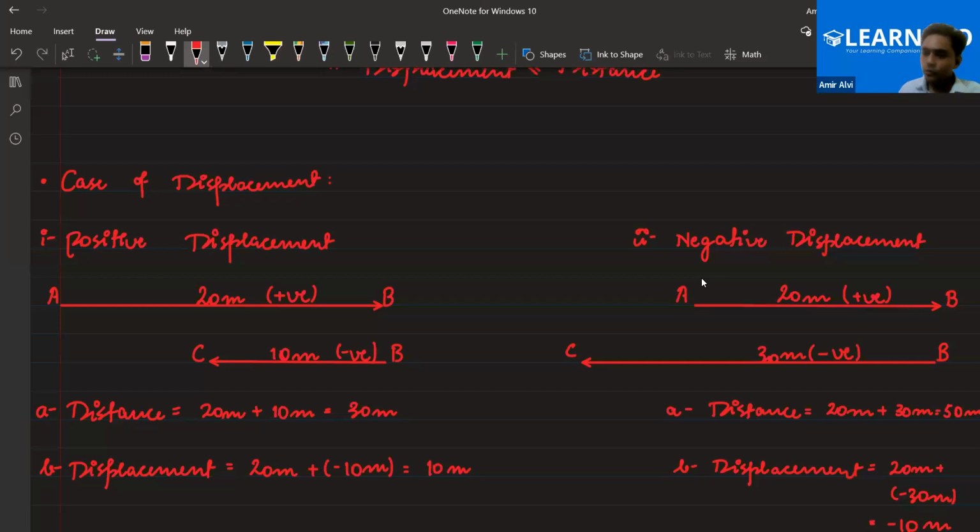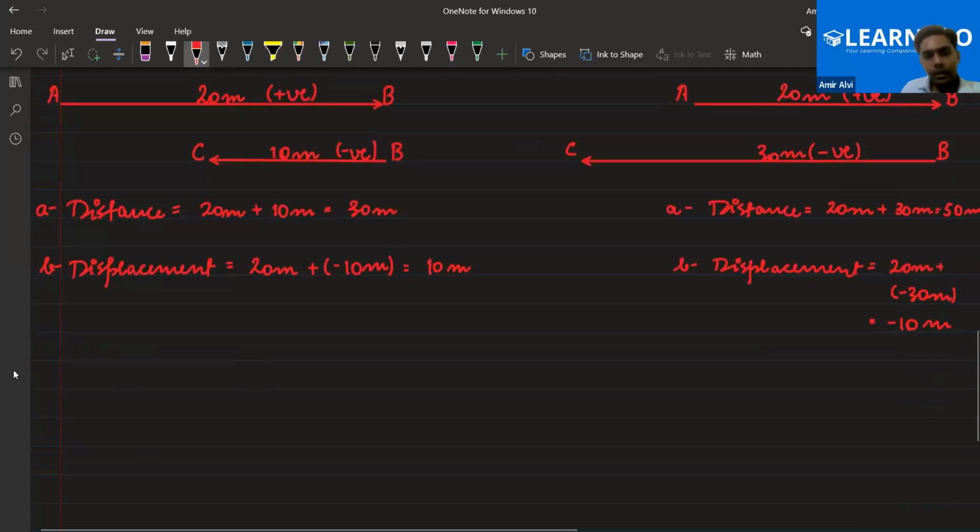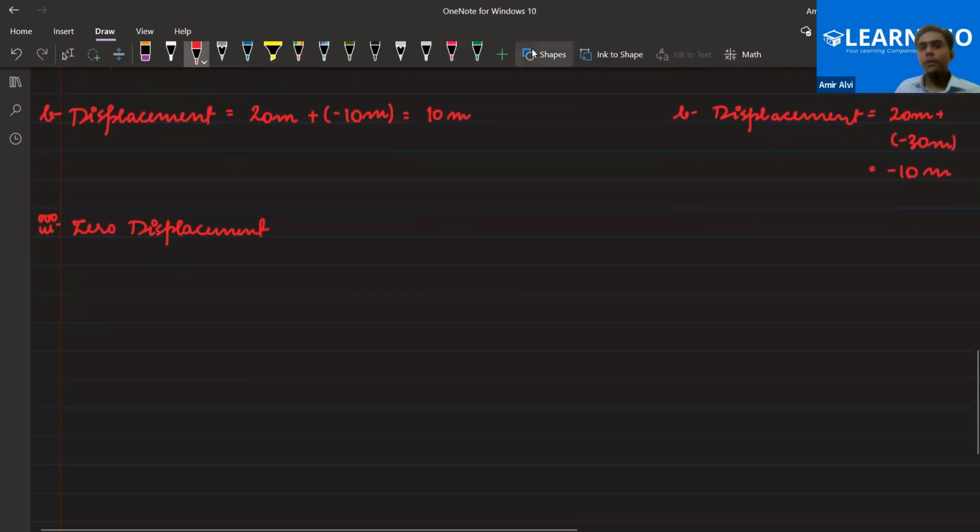Yes, sir. That's good. Okay. Now let's talk about the next thing, the last one, that is zero displacement. Zero displacement. Okay. Now suppose that, bacho,